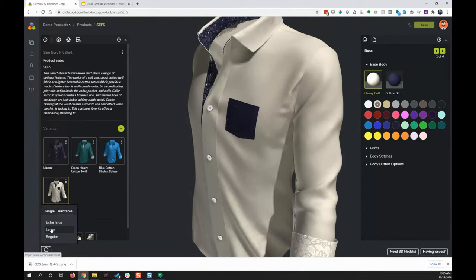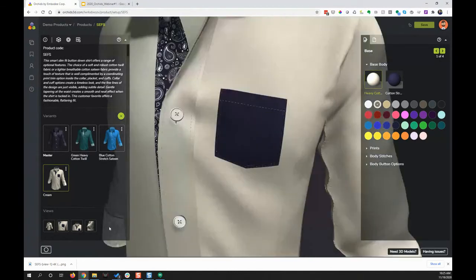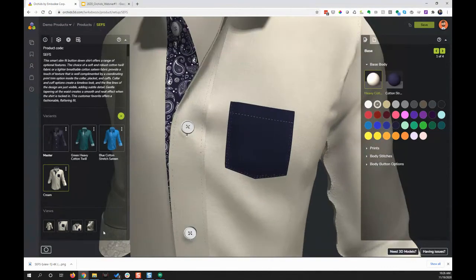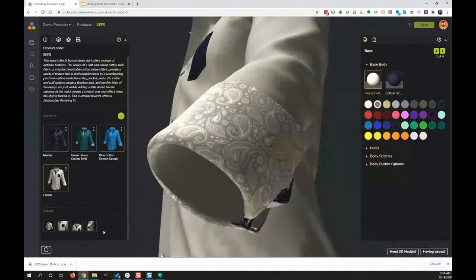So this will generate rotational imagery of the product, 2D imagery of the 3D product, and download it to my desktop. In addition to what we call detail views. And these are easy to set up views, different views of this product that might highlight different components. So in this case, we have a pocket view, a collar view, and that cuff view over here.